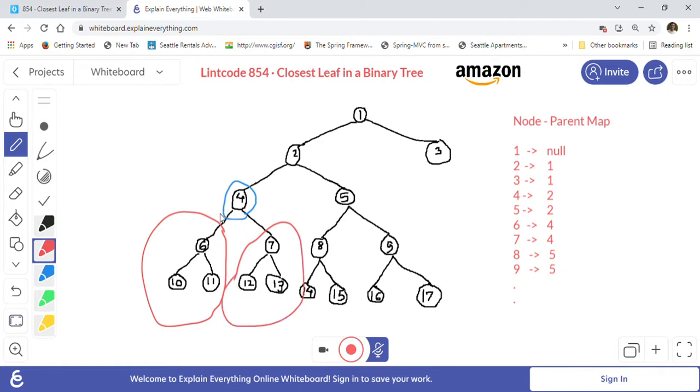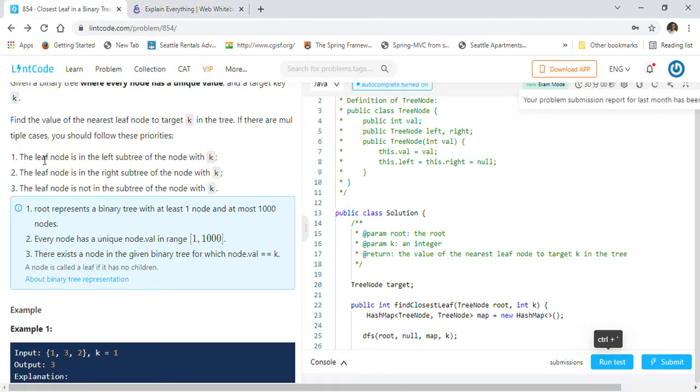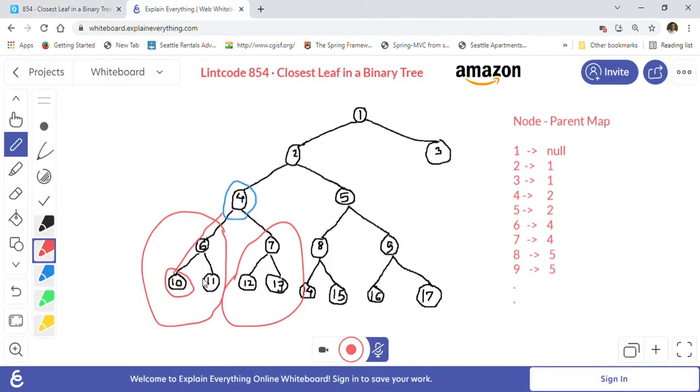So now we will try to find it in the left subtree. So we will go like this, using a DFS, and then we will find 10 as the leaf. So 10 is the closest for 4, according to the given conditions, because we give priority to the left subtree, then the right subtree, and then the third case I will show you what it means, right?